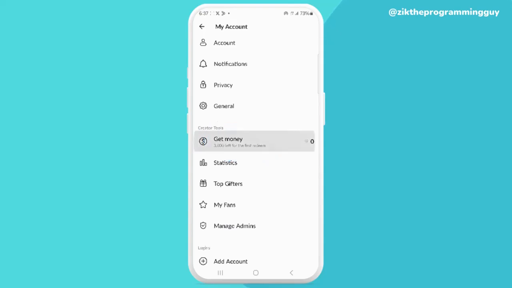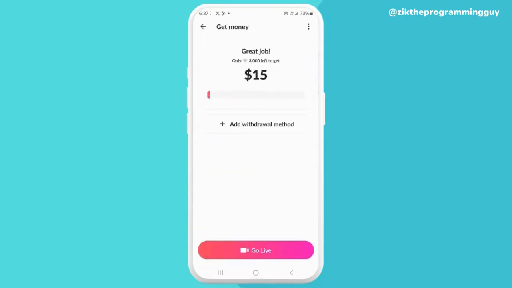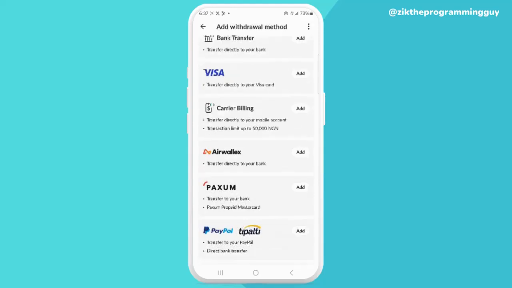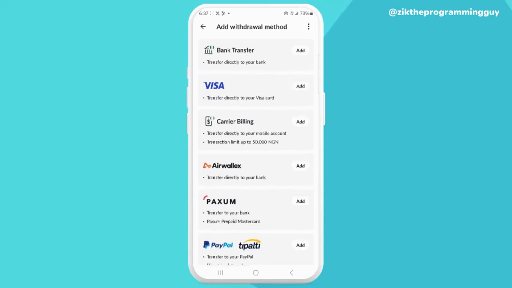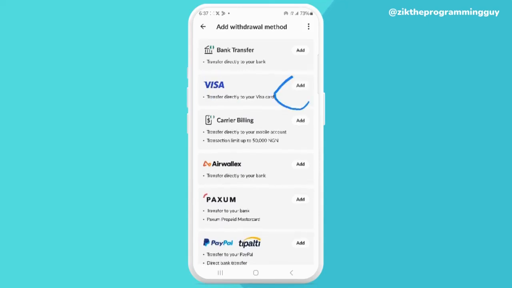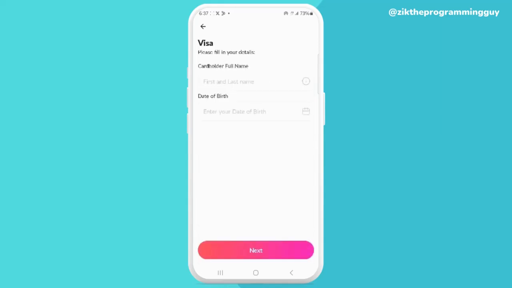All right, click on that, and what you have to do next is to click on the add withdraw method. All right, go ahead and click on that, and you find all these withdrawal methods right here. Go ahead and click on Visa. Click on the add option right here for Visa, and once you do that, you're going to see the option